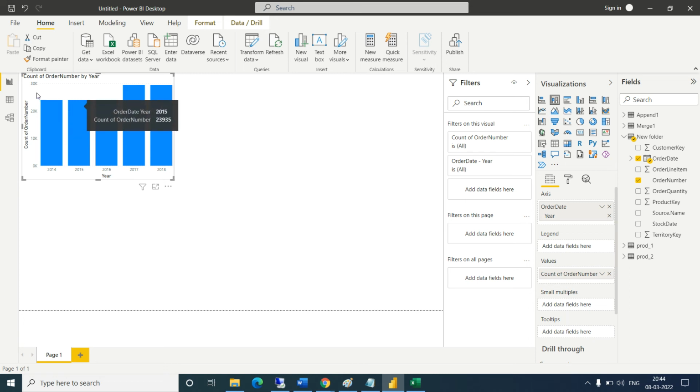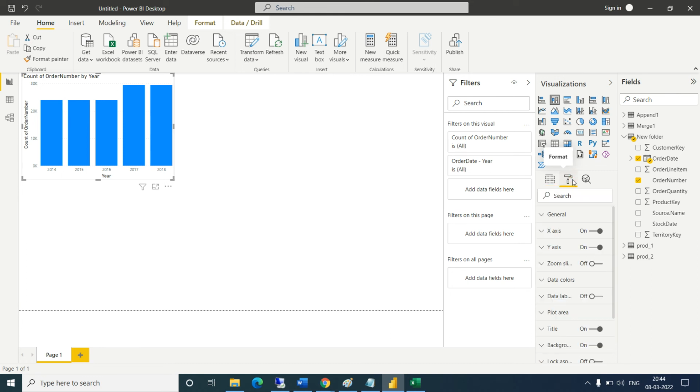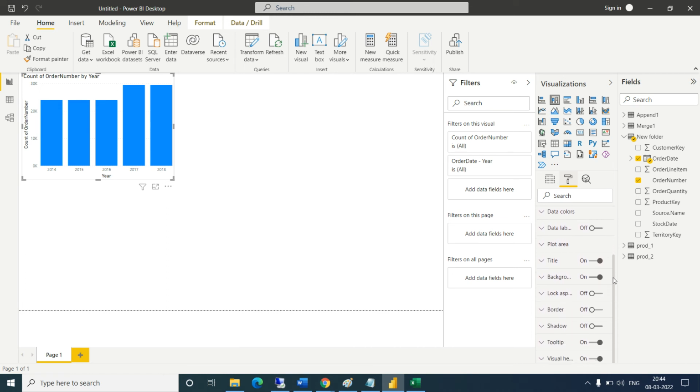If you want the count of orders received on top of every bar, we can show this. Go to the formatting. This part we will take care of in the end. I am just showing you what the use of appending is. Enable data labels.